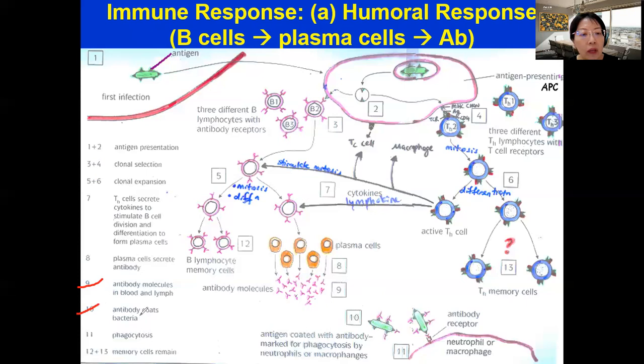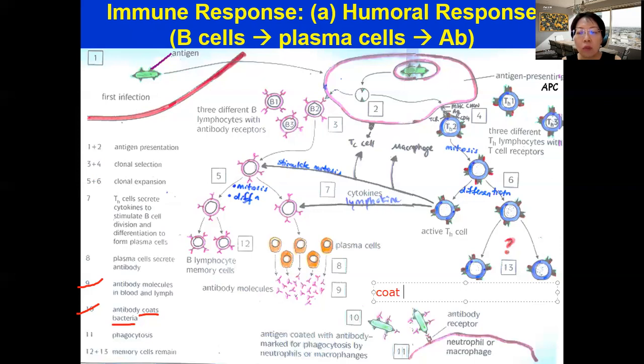So it says here antibody coats the bacteria, because the bacteria contain the same type of antigen. It will bind to the antigen due to the specificity of the antibody, that means by complementary shape between antibody and antigen. The moment it binds to the bacteria, it will coat the bacteria